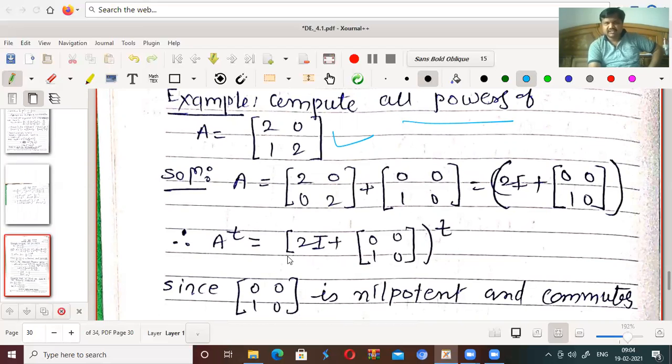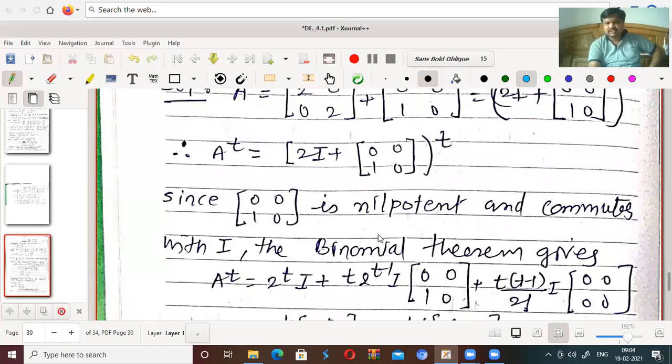Now A to the power t becomes 2I plus 0, 0, 1, 0 to the power t. Since 0, 0, 1, 0 is nilpotent and commutative with the identity matrix, the binomial theorem gives A to the power t equal to this term to the power t plus